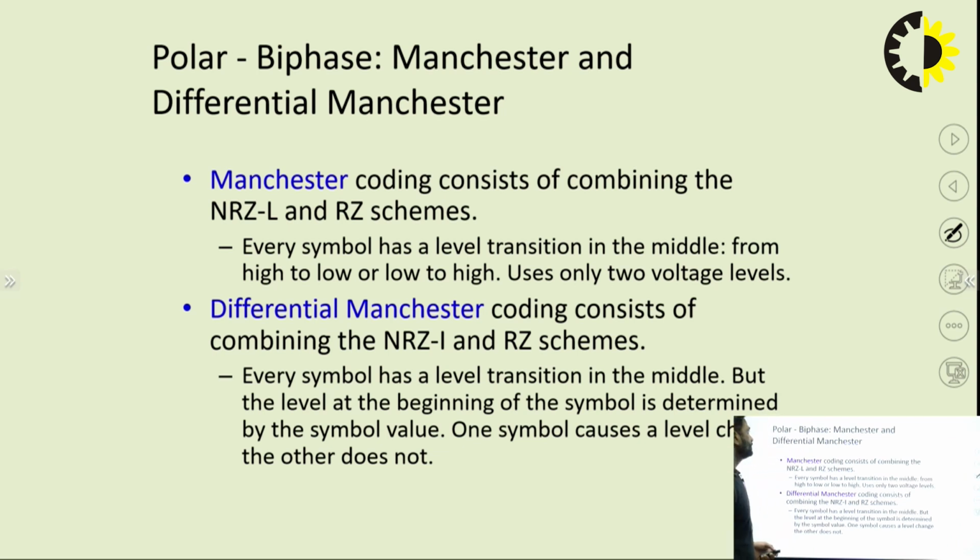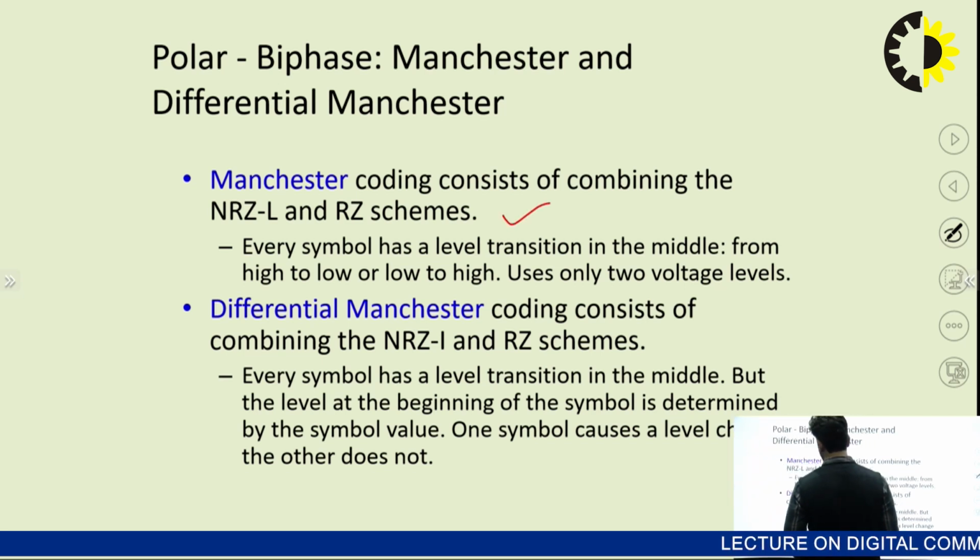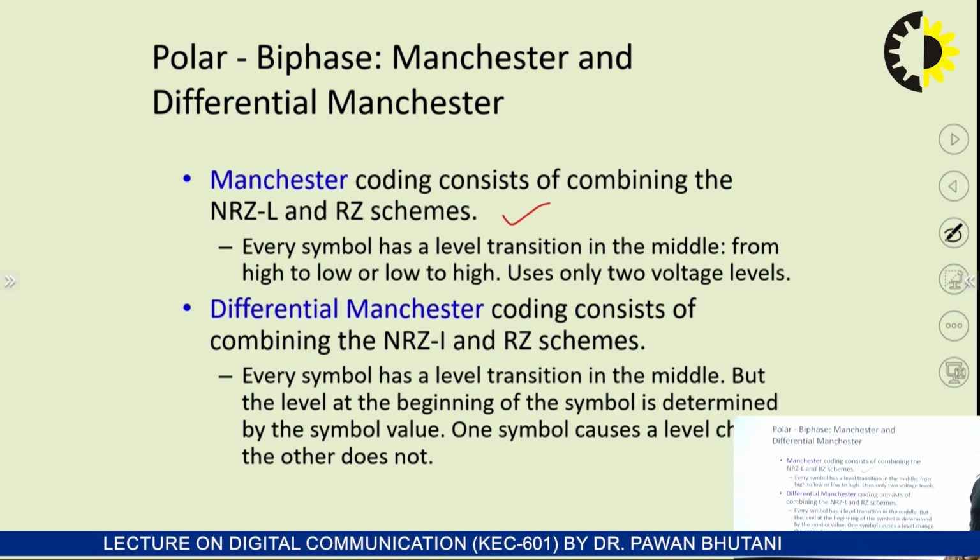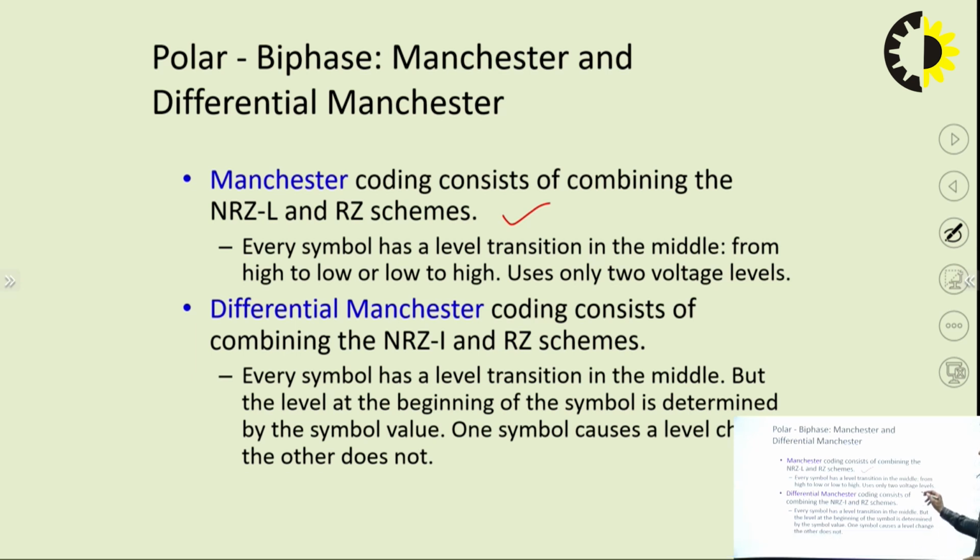Now next is our polar, biphase Manchester and differential Manchester. Now Manchester coding consists of combining an RZL and RZ scheme. Every symbol has a level transition in the middle, from high to low or low to high. We use only two voltage levels. Here we are representing one